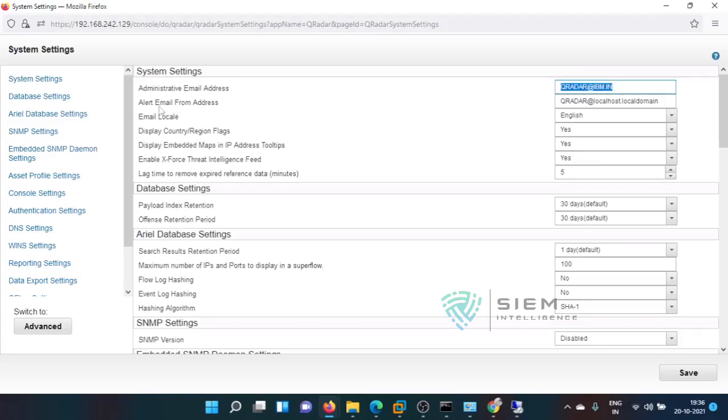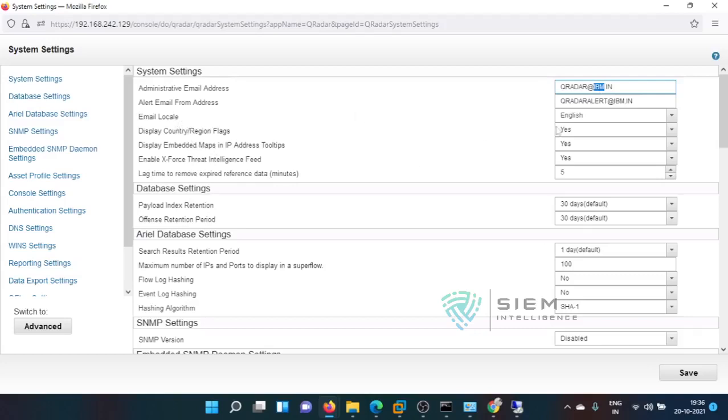And the alert email address, you can change it to something like QRadar-alert@ibm.in. This is your domain, this is up to you. Instead of IBM you can give anything, McAfee or Tech Mahindra or something like that.